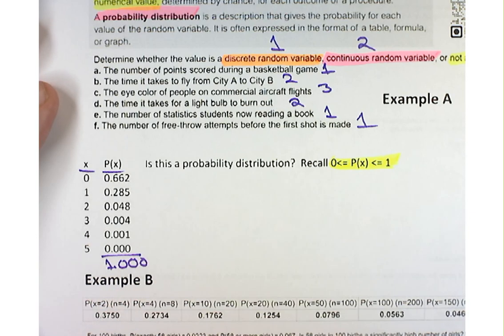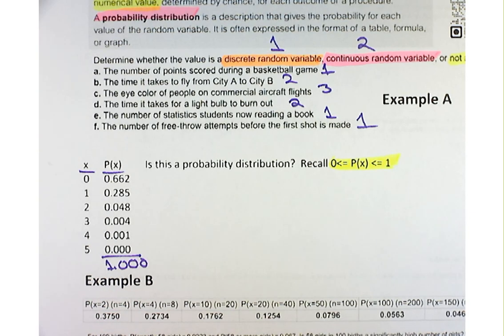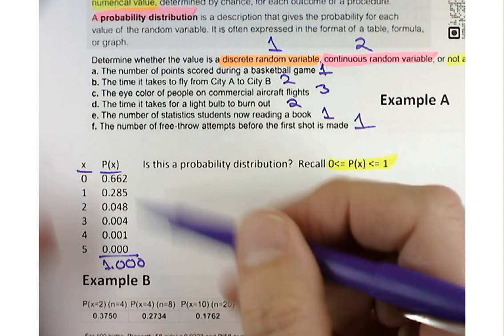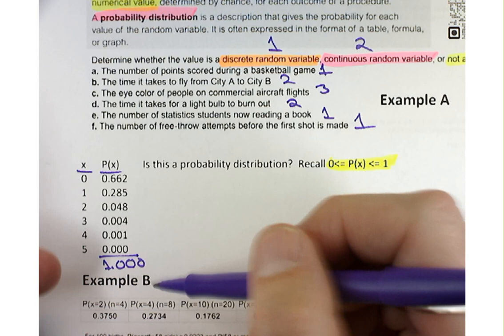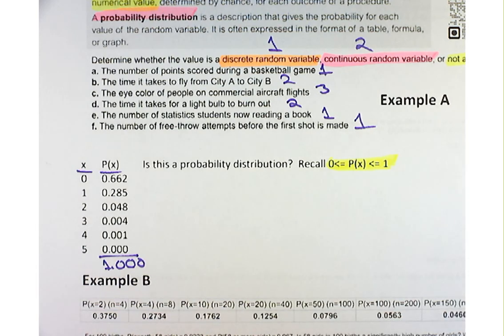Now, if I give you something that doesn't total to 1, it's not going to be like 1.0001 or 0.999. I mean, those feel like rounding errors. If it's not going to be a distribution, it's going to total to something far enough away from 1 that you won't think it's a rounding error.